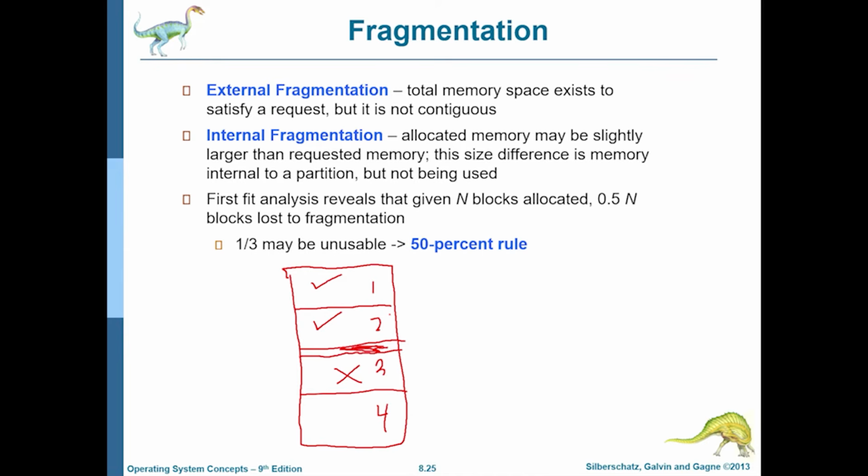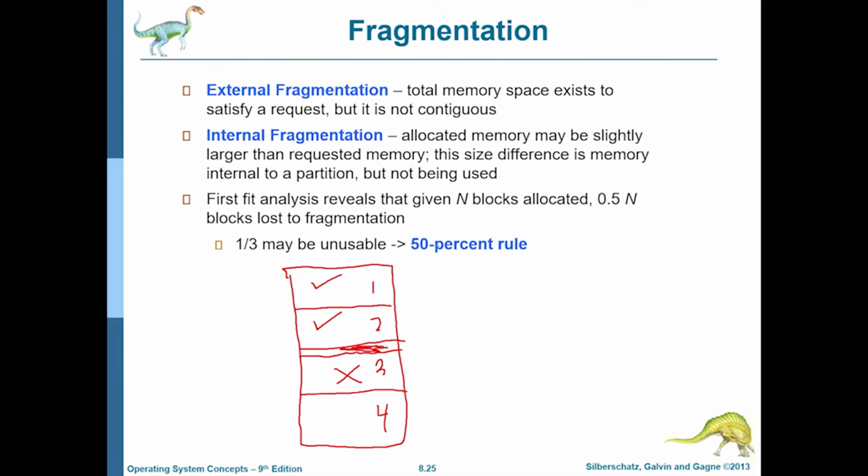So if you have fixed size partitions and you allocate certain partitions to a process contiguously, what can happen is that if the size of the process is not exactly divisible by the size of the partitions, it cannot cover the last partition completely, and whatever size is left over in that last partition goes towards internal fragmentation.